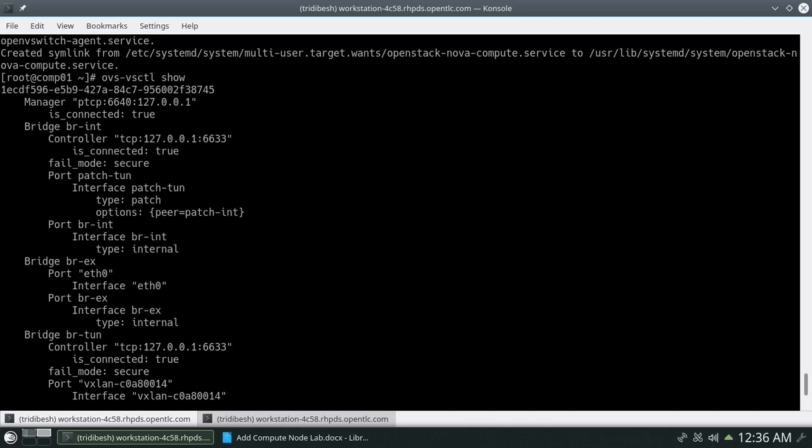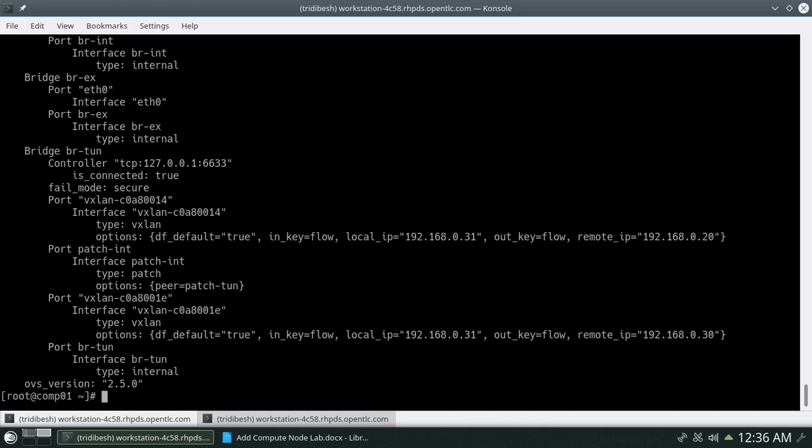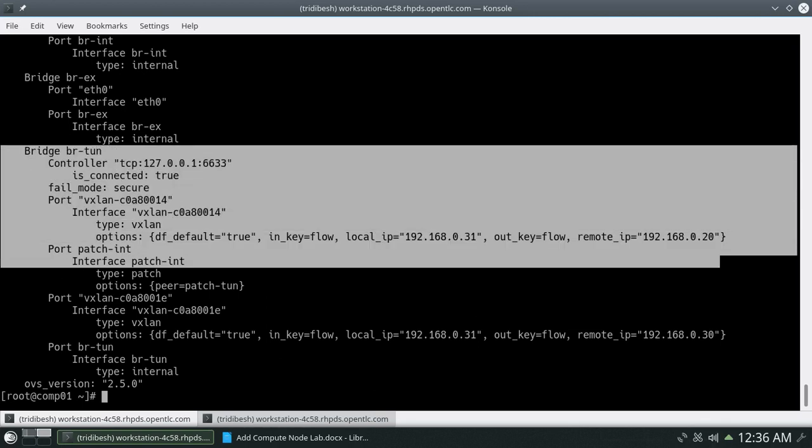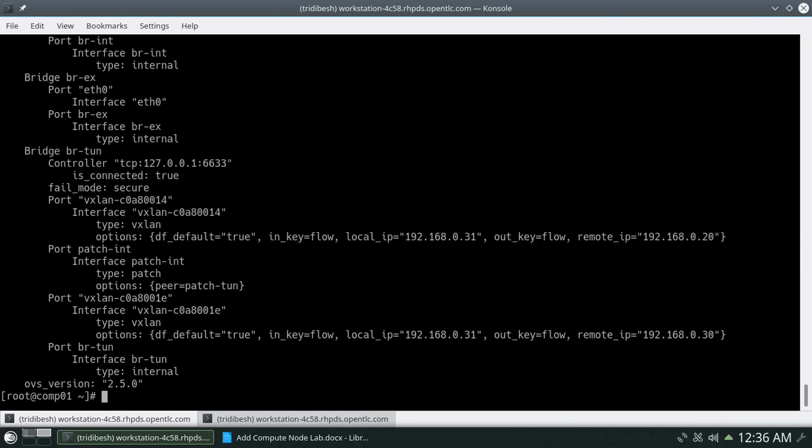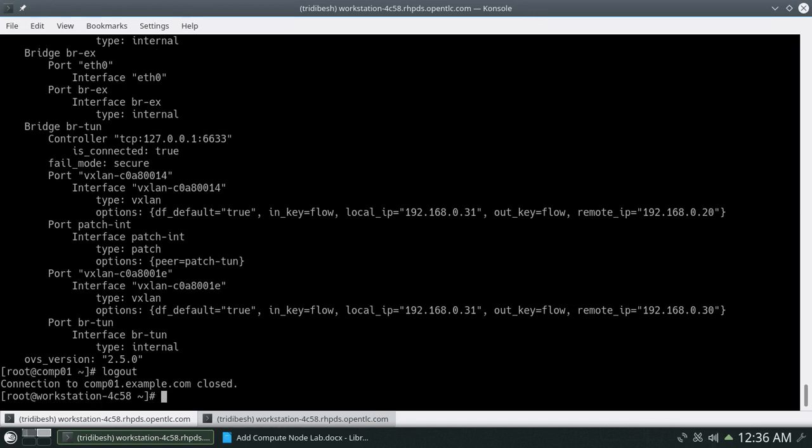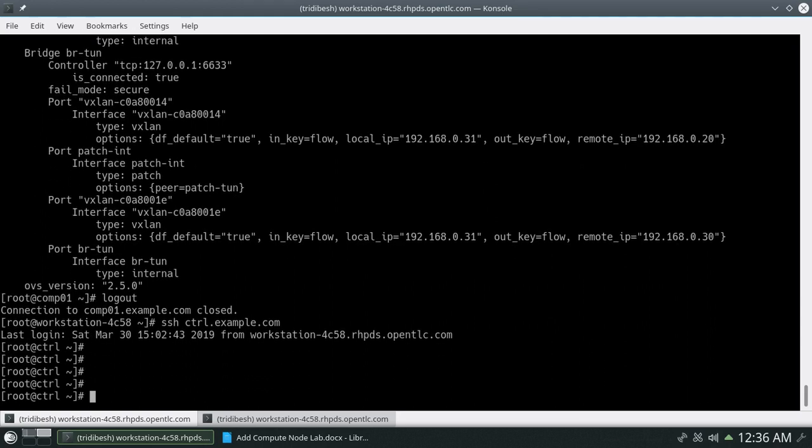So this kind of bridge interface it will create, so that you will have properly configured bridges on your compute node.